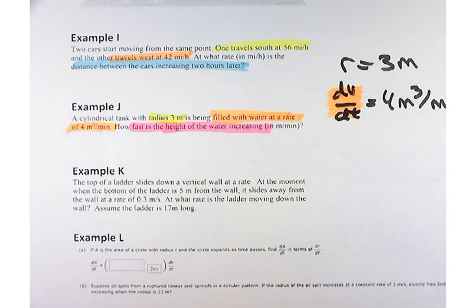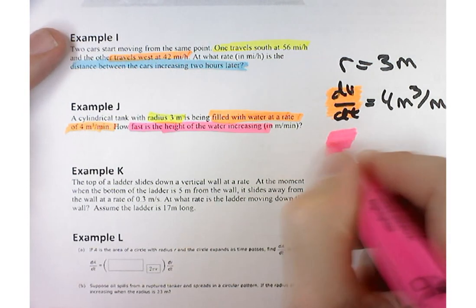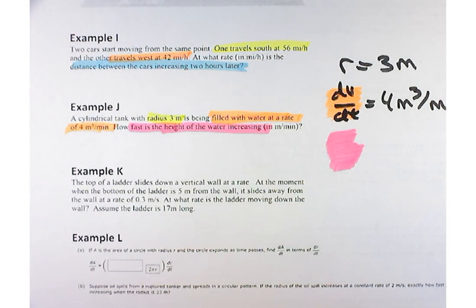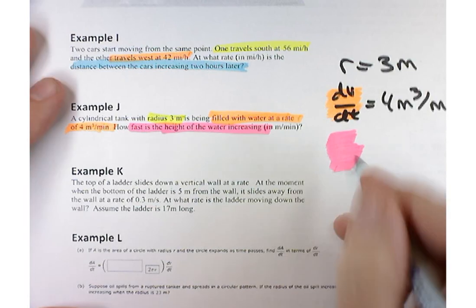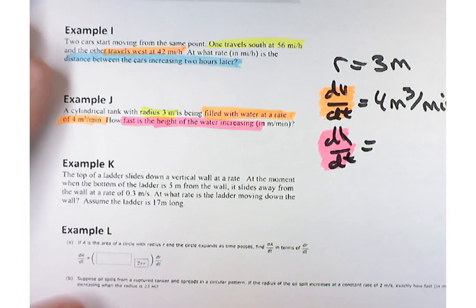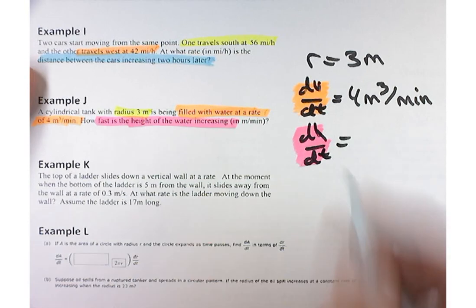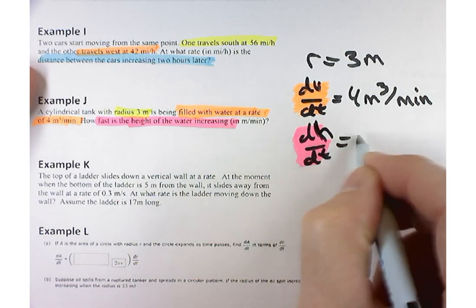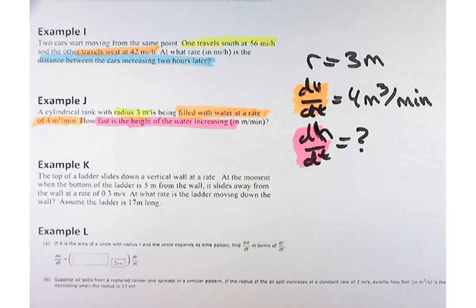dH by dt. Great. dH by dt. All right, that's our unknown. Let me make that look like an H. But I don't have an equation here. I've got nothing. So,